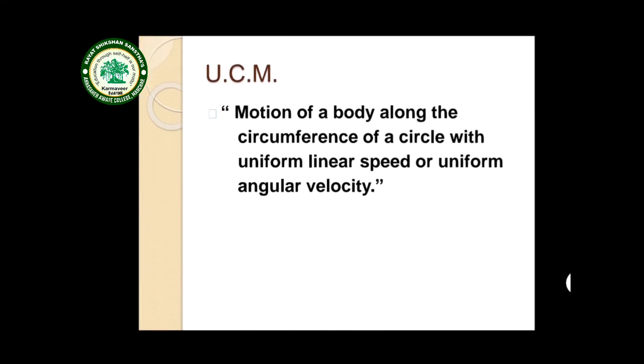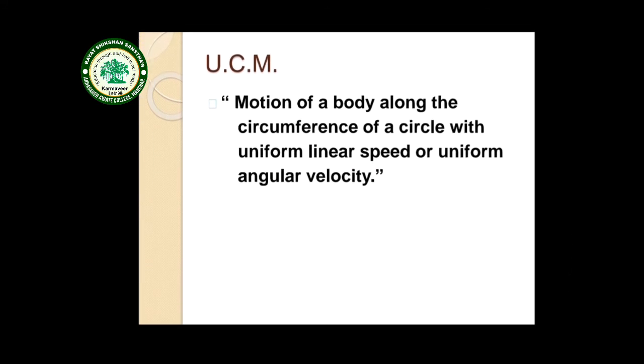After that, we are moving to uniform circular motion. The movement of a body following a circular path is called circular motion. But the motion of a body moving with a constant speed along a circular path is called uniform circular motion. Here the speed is constant, but the velocity changes.